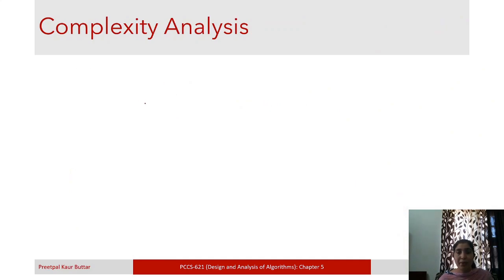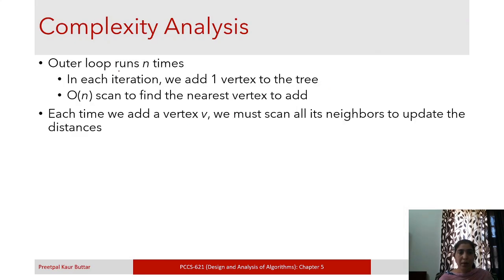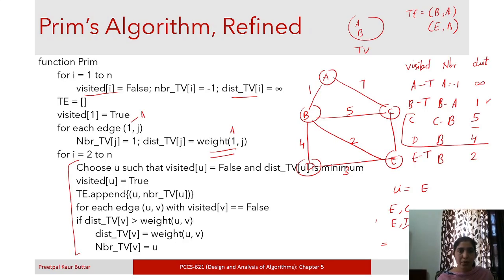So now move to the complexity analysis. We have a for loop in the previous example. Let me move to that algorithm. Here we have a for loop, i equal to 1 to n. This will run order of n times. Inside, we are processing a single vertex 1, so it will take time equal to the number of neighbors which we have for node 1.